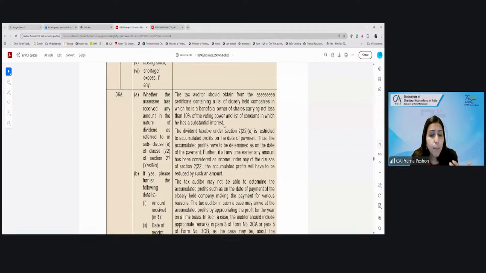Right? So any payment made by a closely held company, if it is made on behalf of or for the benefit of the shareholder, then again there may not be any record available. Right? So in that particular case, that does not need to be reported if there is no record available. Are we clear?